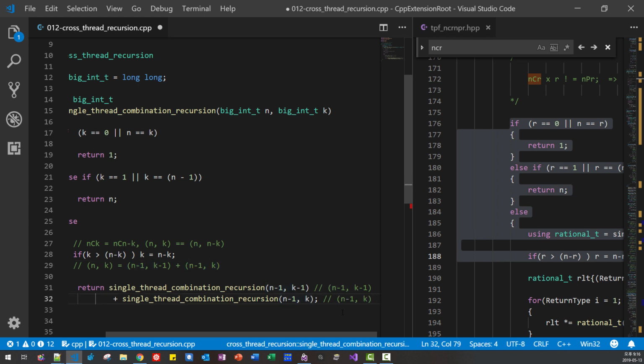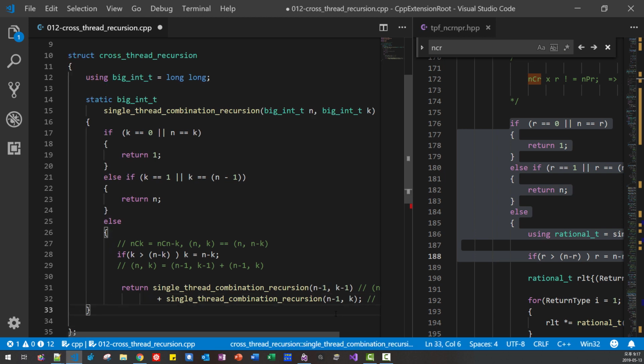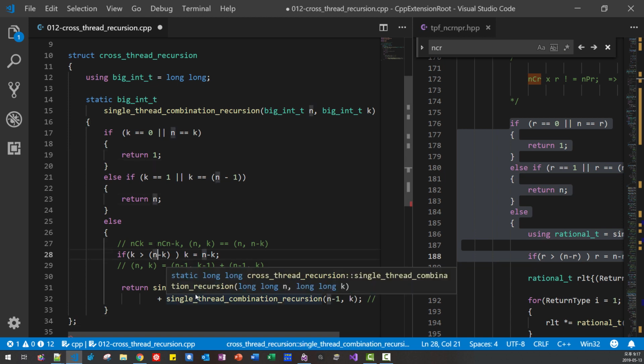So recursion is simple and pretty, but not very efficient. Okay, I implemented it. So here it returns, it returns, it returns. Now we created a function here.